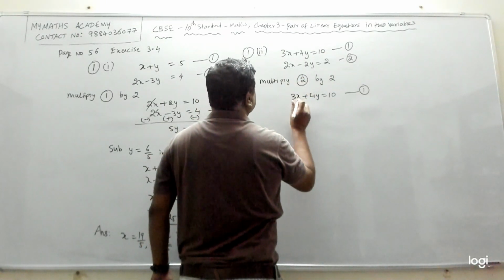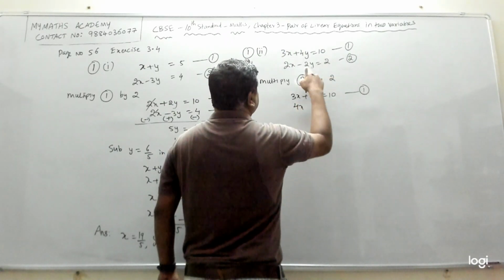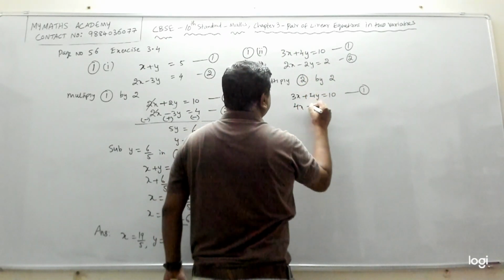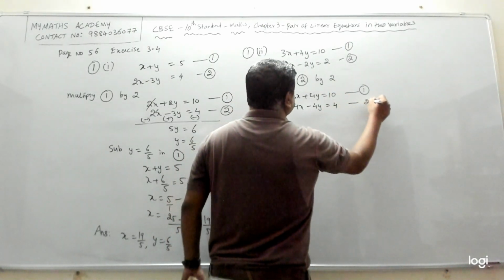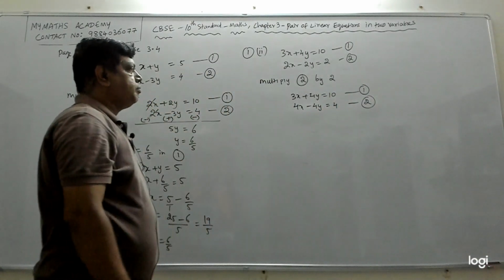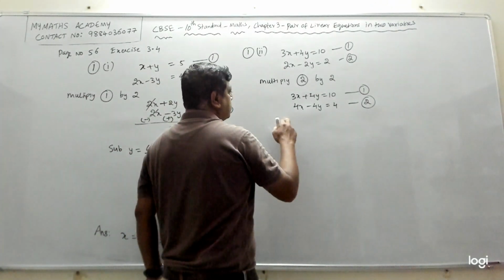So multiply 2x into 2 is 4x, and 2y into 2 is minus 4y, equal to 2 times 2 is 4. So this is your second equation. Fine. Now we have to